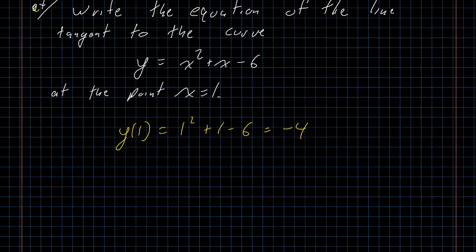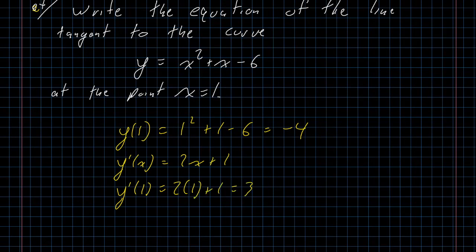And then we need to take the derivative. y prime of x is going to be 2x plus 1 minus 0. And we evaluate the derivative at the point we care about, which in this case comes out as 3. So because we evaluate y of 1, we get negative 4. That means we're going through the point 1, negative 4. And because our derivative evaluated to 3 here, that is our slope,